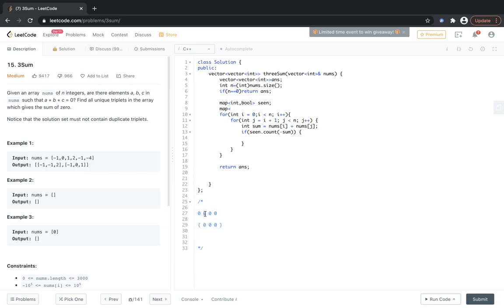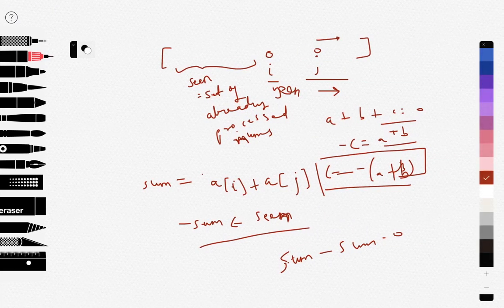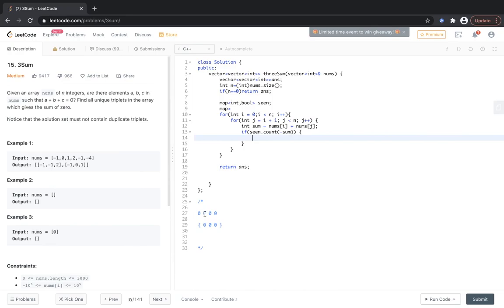We will get it when we are at this 0. So this 0, 0 and 0 would be one triplet. Now if we just follow the algorithm that I said here, we will get another triplet corresponding to this 0. We will also get this 0, so we will again have 0, 0 and 0, and corresponding to this again we will have one more 0, 0. So we are getting this 3 times, but we don't need to print that, right? We only need the unique set of triplets.